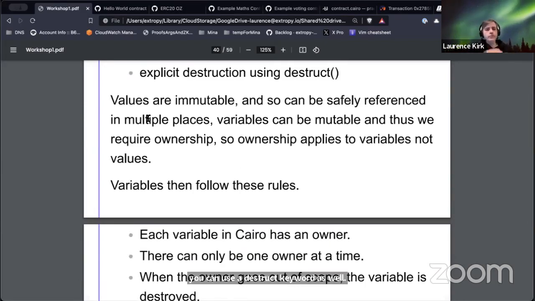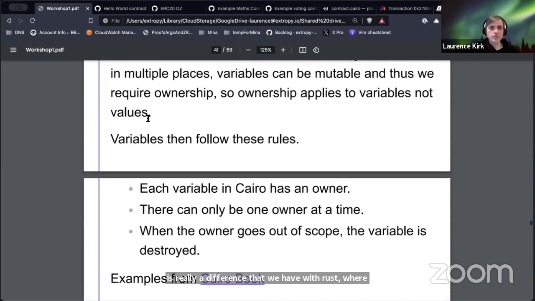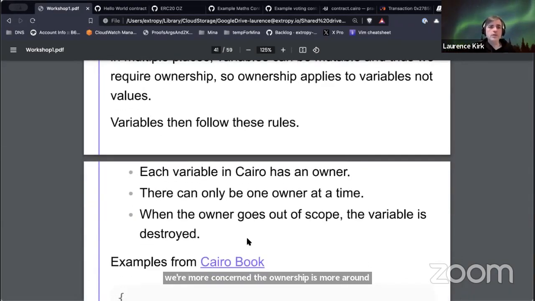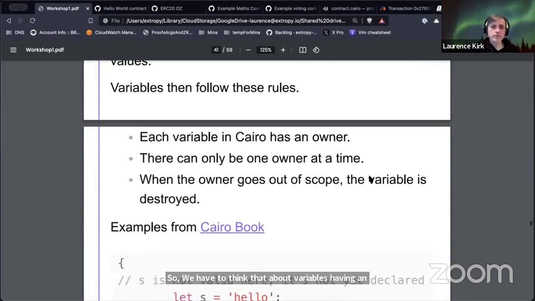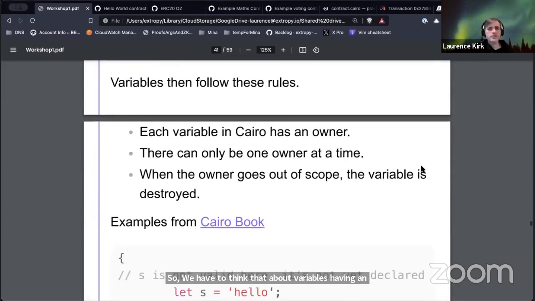So values themselves are immutable, and this ties in with the memory model and the fact that it is immutable. But variables are mutable or can be mutable. And so this is a difference that we have with Rust, where the ownership is more around variables than values. So we have to think about variables having an owner, there only being one owner,